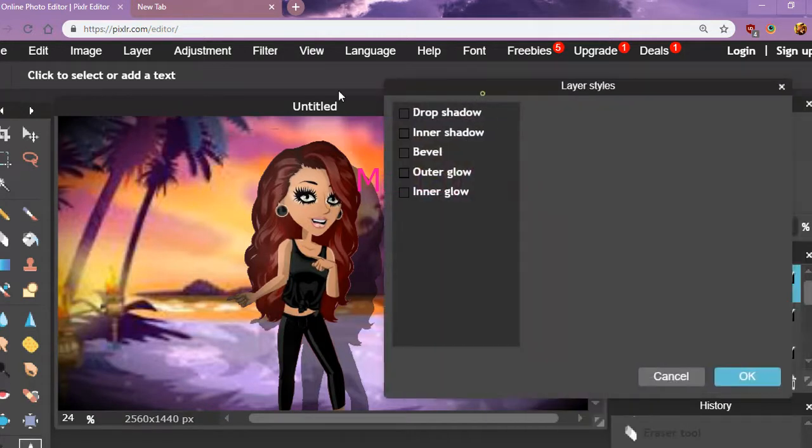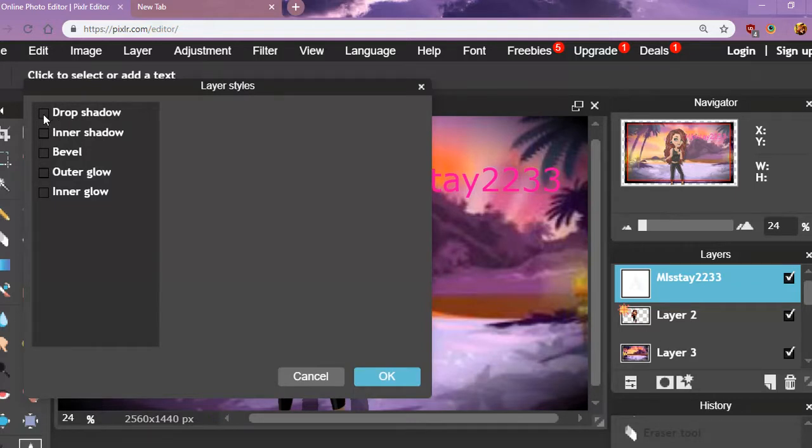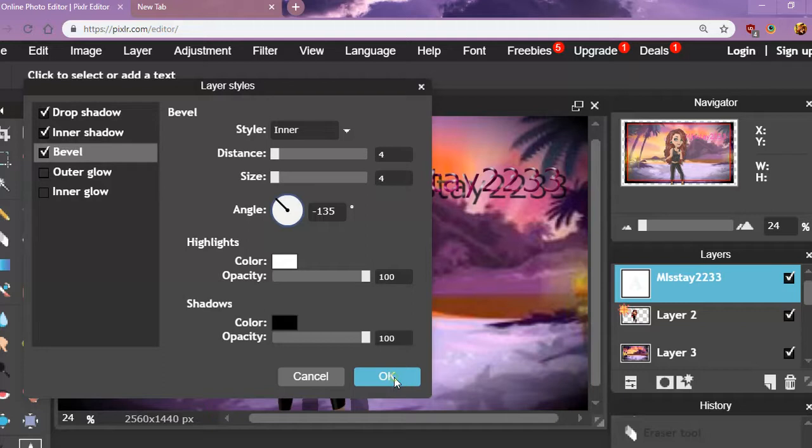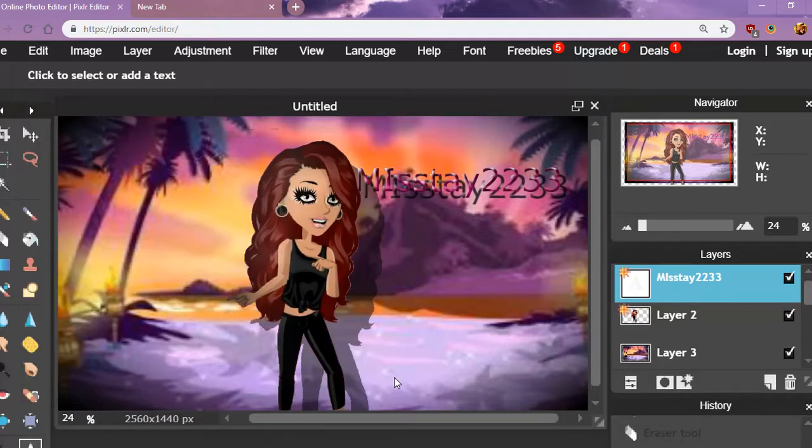And then you go to layers, then you do drop shadow, inner shadow, bevel. If you want it to look like this, right here. And you can just mess around with it. You can make whatever you want, and you can just